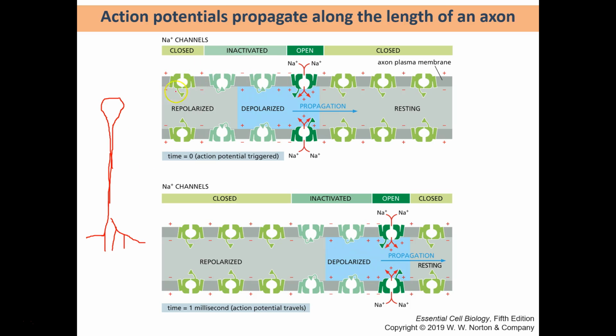Here you have a closed channel. When it gets activated, it's going to become depolarized. It's going to open, where the sodium ions are going in. That is going to then depolarize and activate that neuron, and the signal will continue to move down until it reaches its final